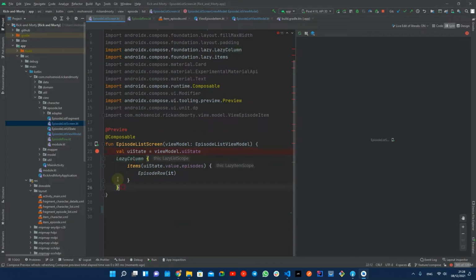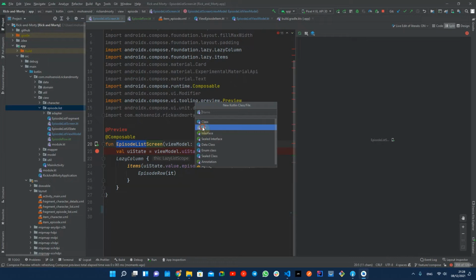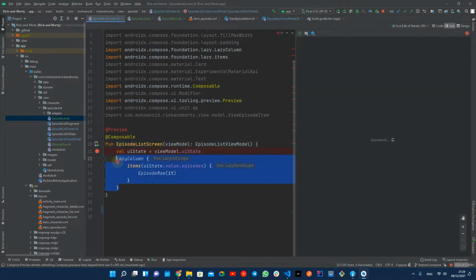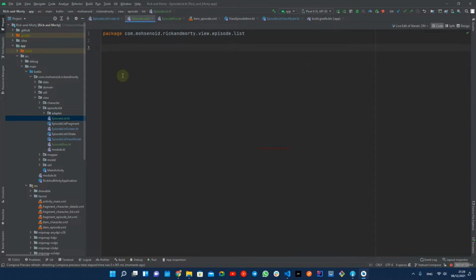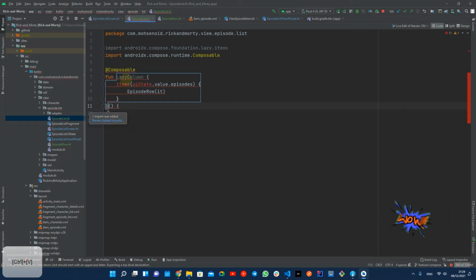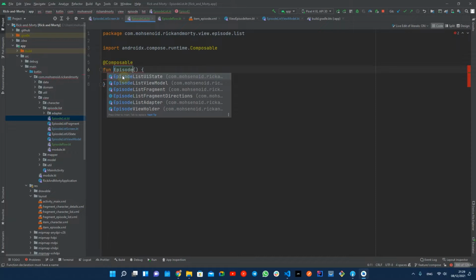What I'm going to do is also remove this from the screen and just create a separate file for episode list, and keep the preview also in a separate file. And I will cut this. Is there? Yeah, we also have something for composable, and oh, my mistake. It's going to be called episode list,